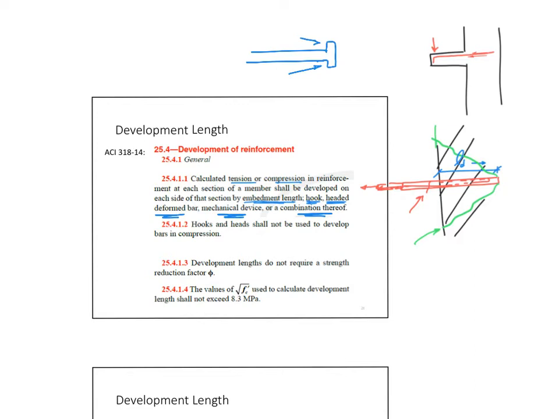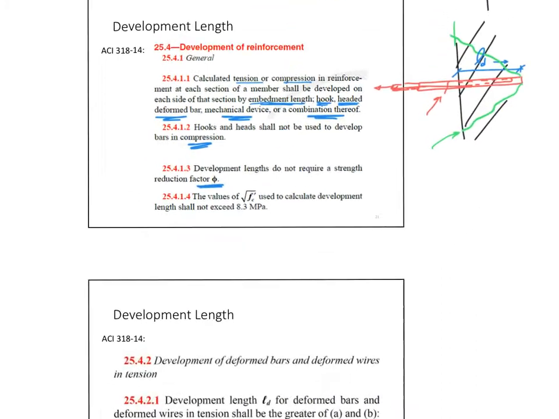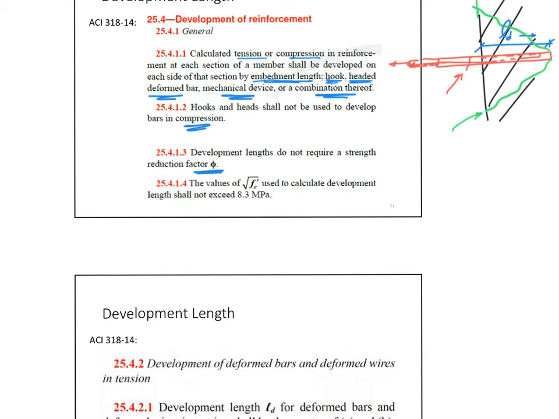Now the hooks and the heads shall not be used to develop bars in compression. Those hooks don't work in compression, they only work in tension. The same applies to heads. Development length does not require a strength reduction factor. So whatever the given Ld is, the length will be taken as is. We don't reduce it. It's already factored. And then the value of square root of f'c used in development length shall not exceed 8.3 megapascal. Okay? Now let's go to the